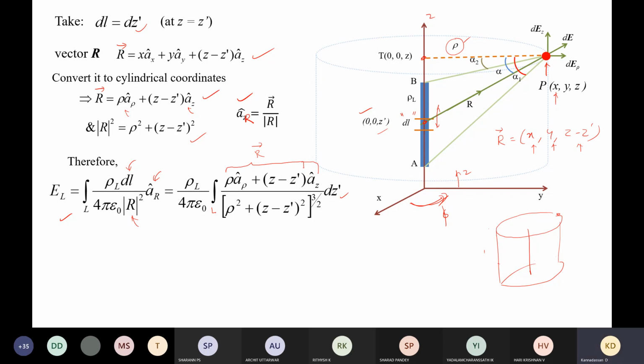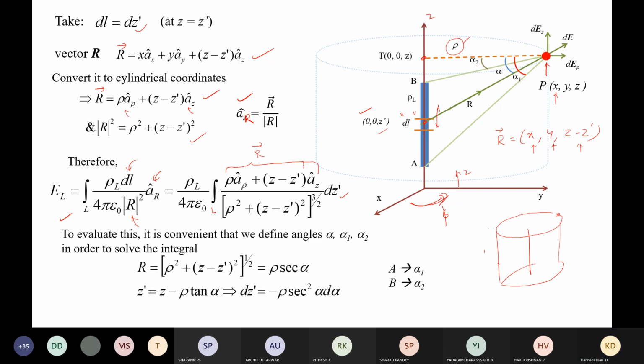So now we got the electric field vector. If you have any doubt, you can stop at any time, because you have to derive these expressions in the exams or in the quiz or in the term examination. Anytime if you have doubt, you can stop. When you follow it, you will also understand, and when you study, it will become very easy. So now we are actually converting this